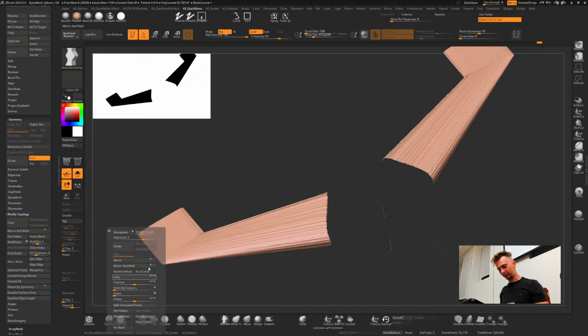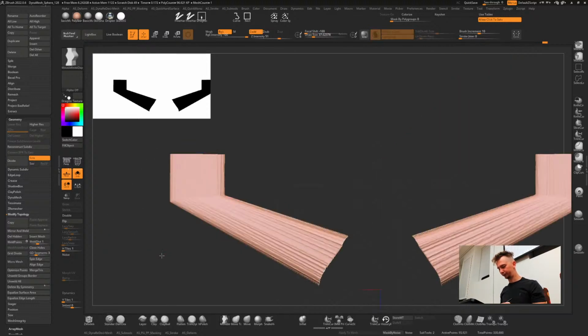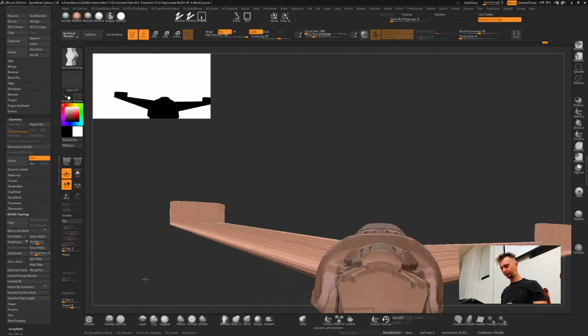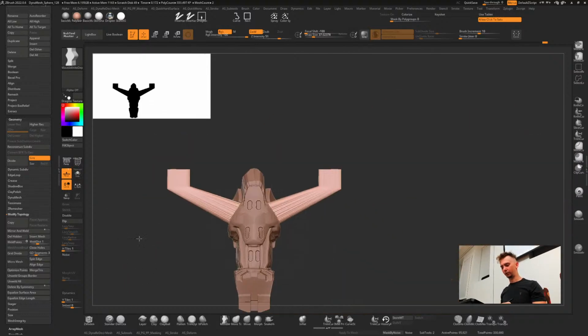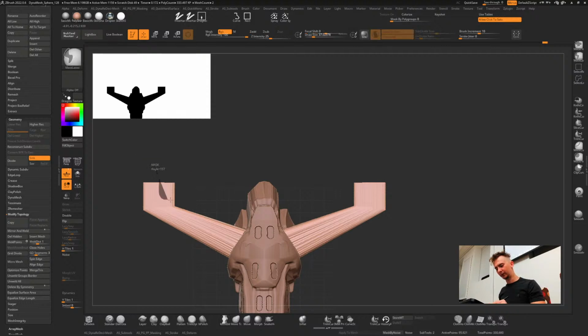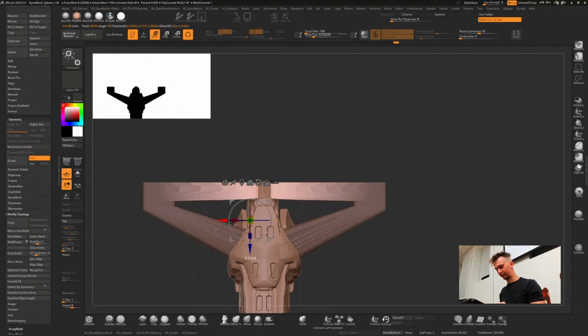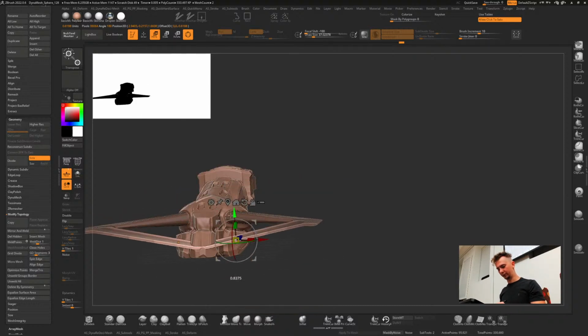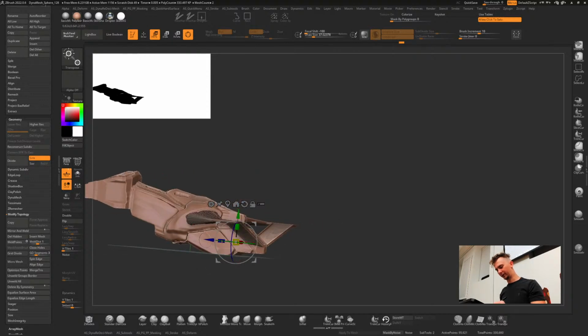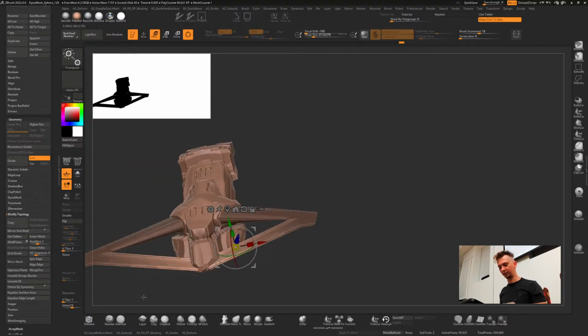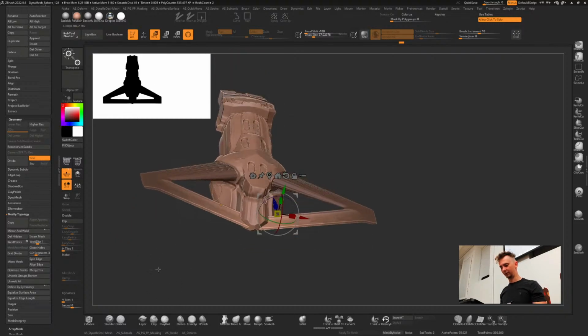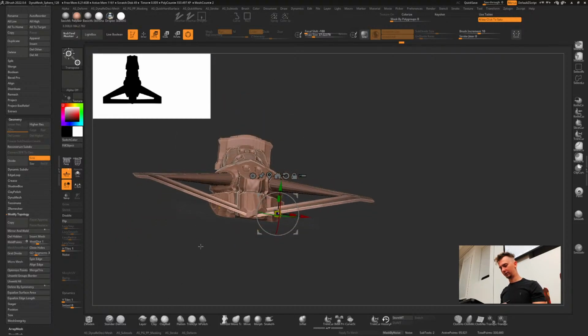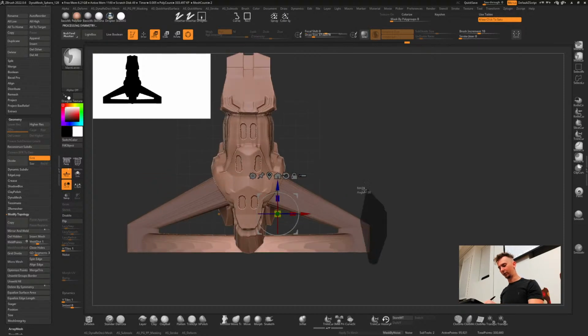So now I can dynamesh this again to close holes. And let's work on the wing design. This is a super ugly spaceship too. I'm not impressed with myself. I was thinking it could be cool to have some sort of a weird shape like this. I don't even know what this is for, but this is kind of cool. Oh, and we can attach two things, one here and one here.